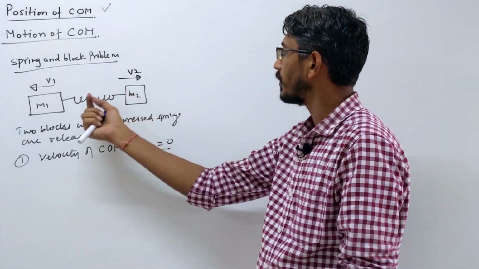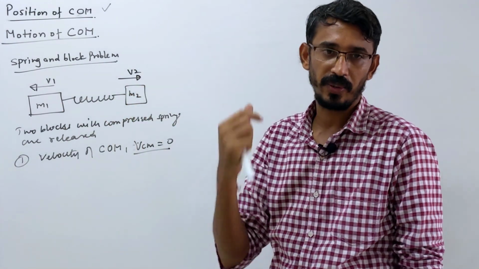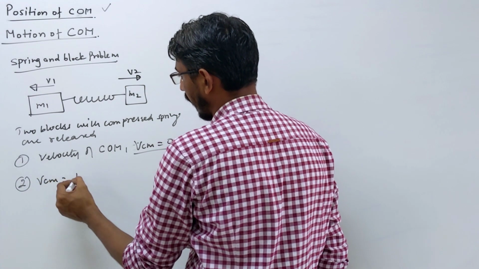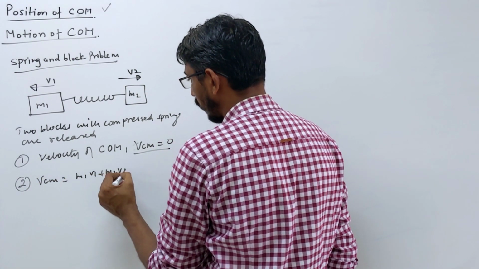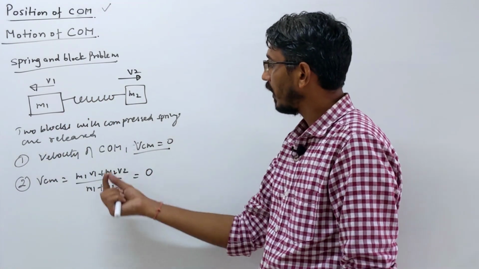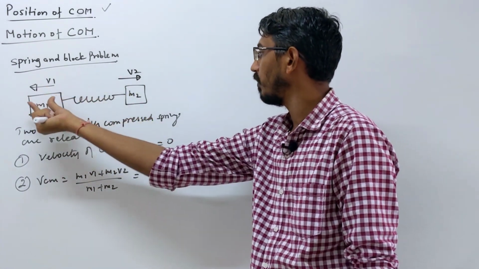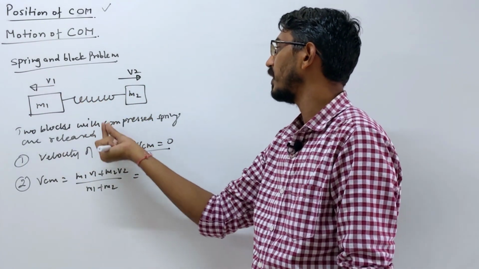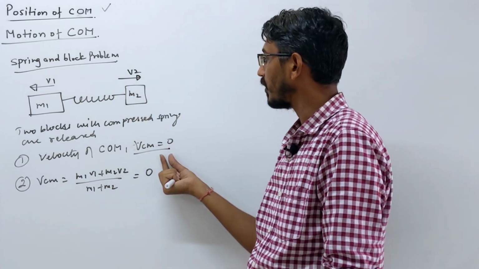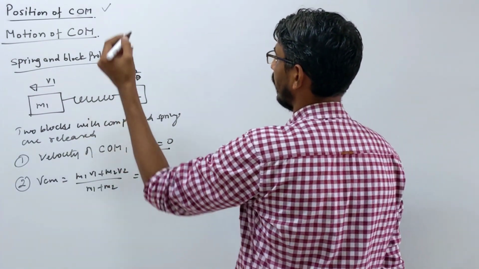But suppose, in the same question, the velocity of any one piece is given and they ask for the other piece, yes, that you can answer. So you can write this relation: VCM is equal to (M1 V1 plus M2 V2) by (M1 plus M2), which is equal to 0. So you can find the velocity of any one block. If V1 is given, they can ask you the velocity of block 2, V2, and you can find it from here. But velocity of center of mass will again be 0 only, right?